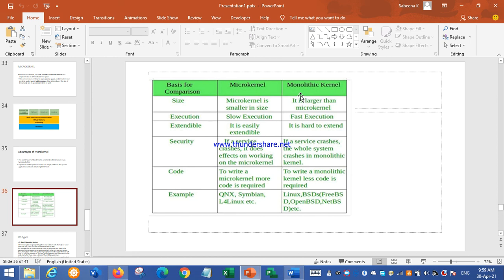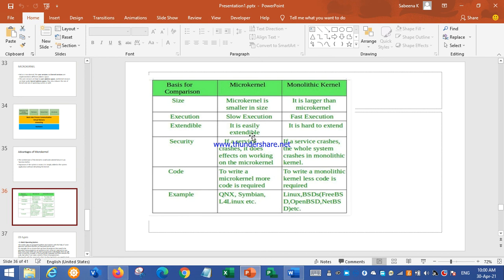Next, we will go to the comparison between the microkernel and monolithic kernel. The university will ask questions like this. About the kernel size: in the case of monolithic kernel, it is very large because all functionalities are kept in one kernel. Here, we have a separate microkernel, user address space and system address space. The microkernel has only the three main functionalities of the operating system, so the kernel program size is very small. But microkernel performance is slower compared to monolithic. Why? Because the monolithic kernel has all the functionalities in the same address space, but in a microkernel, the functionalities are separated into address spaces. So compared to monolithic kernel, it is slow.